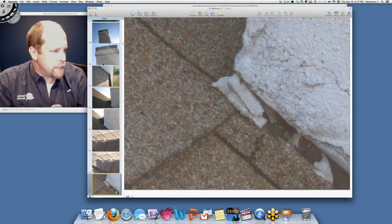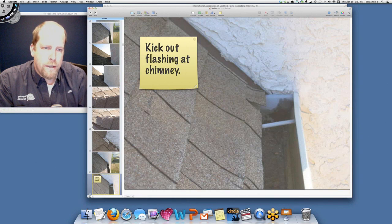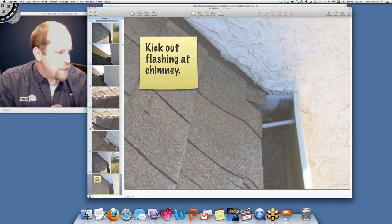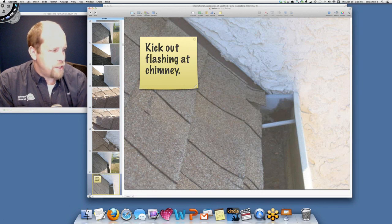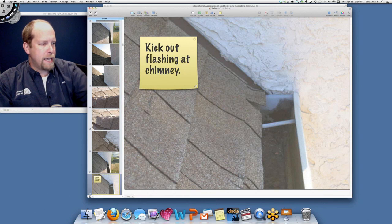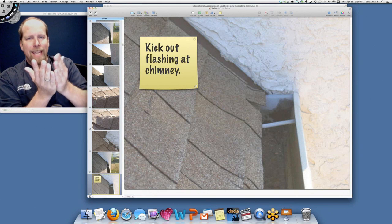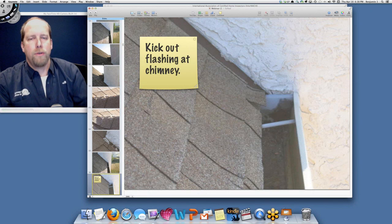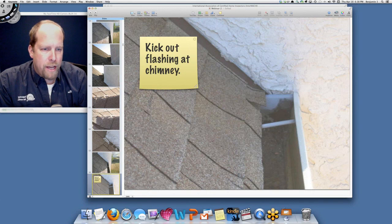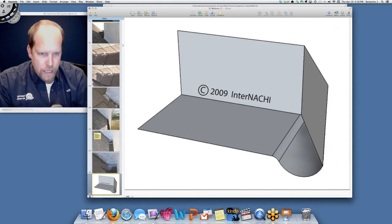A little bit of stucco in the flashing area around the chimney. And then I notice right here, there's no kick-out flashing at the chimney. Now, kick-out flashing isn't step flashing. It isn't counter flashing. It's a piece of metal kind of shaped like this that kicks out water from that intersection where the shingles meet the side of the chimney, kicks it out from that area and into the gutter. And that's why they call it kick-out flashing. And if it is missing like that, you're going to have,